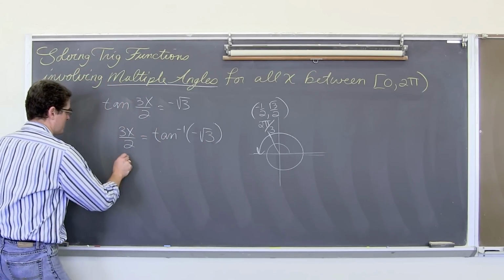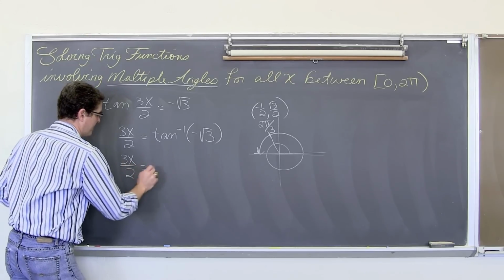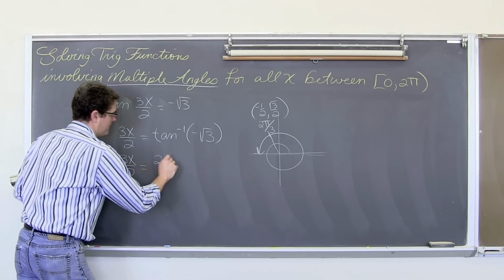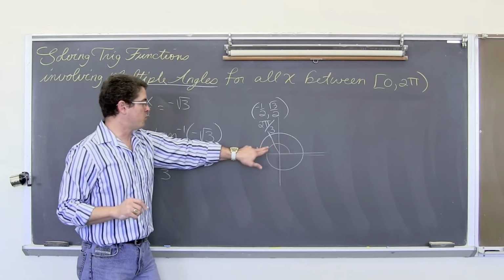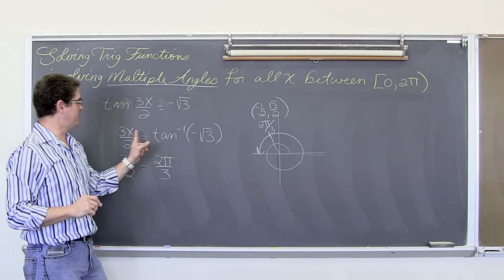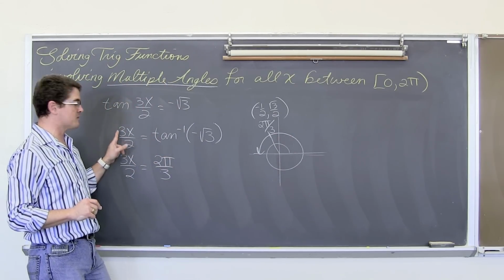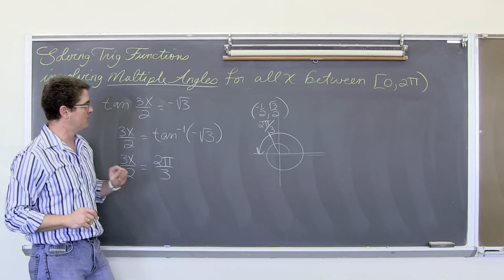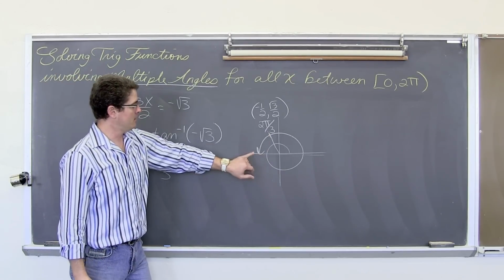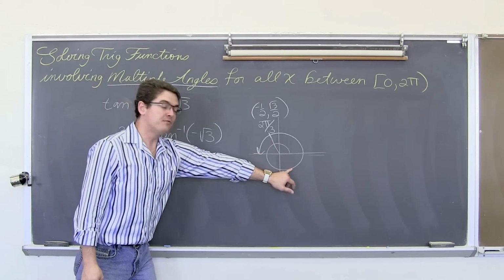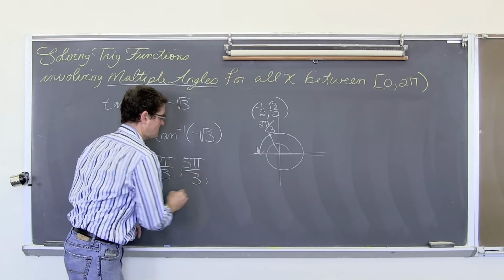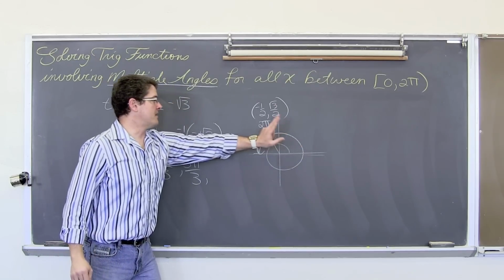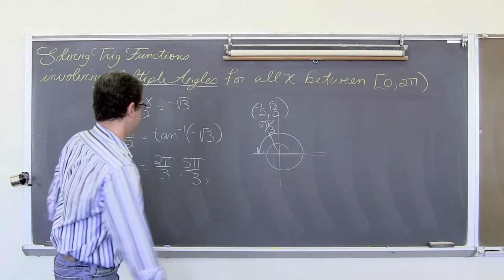So our answers here are going to be 3x over 2. First answer is 2 pi over 3. And then with that first 1.5 rotations, we're again getting from the multiple of 3 halves, 3 divided by 2. We got 2 pi over 3, 3, 4, 5 pi over 3, 6, 7, 8 pi over 3.